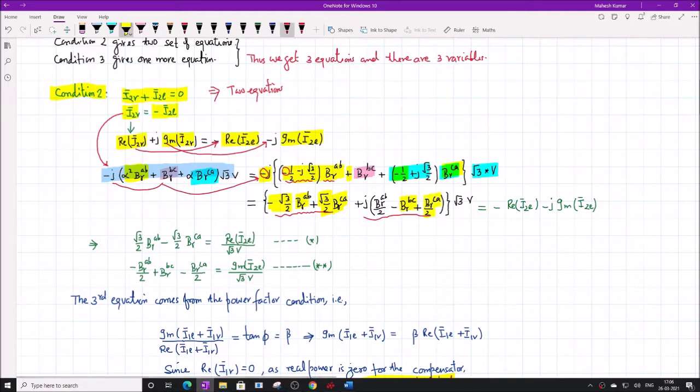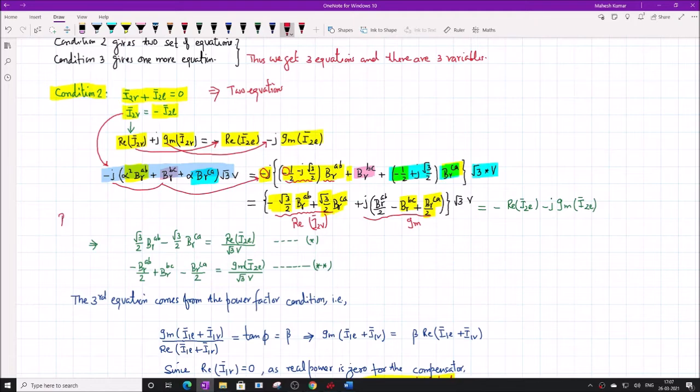So this is the real part of the I2 gamma, and this is the imaginary part of I2 gamma. So we know what is real part and what is imaginary part. Now we can substitute this real and imaginary part in terms of the load current. Okay, so what is the real part? This is the real part. So real of I2 gamma. Okay, so real of I2 gamma must be equal to minus real of I2L. So this is minus sign. Okay, so I will multiply by minus sign, this one.